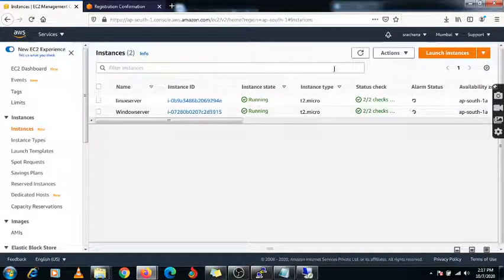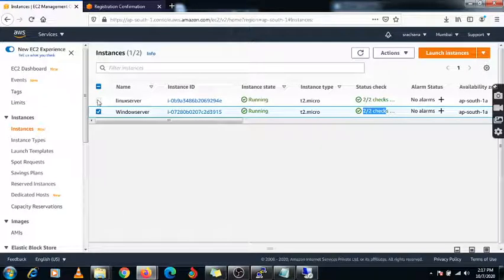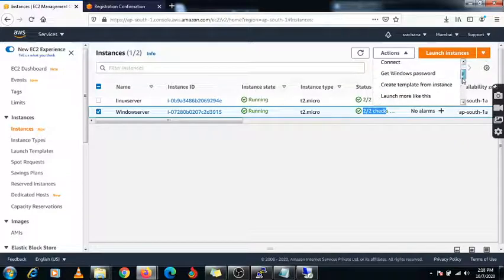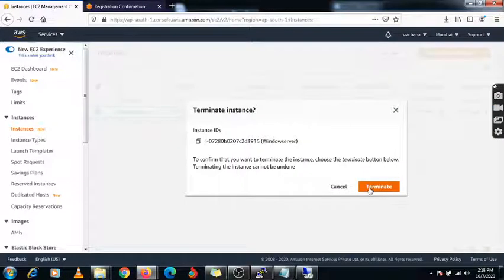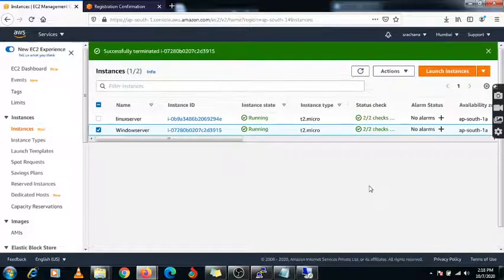You can check the status check is 2/2. Just click on the Windows Server, go to Action, then Instance state, and there is the option to terminate the instance. If you terminate your instance, your instance and your volume will be deleted. First it is shutting down and then it will terminate.